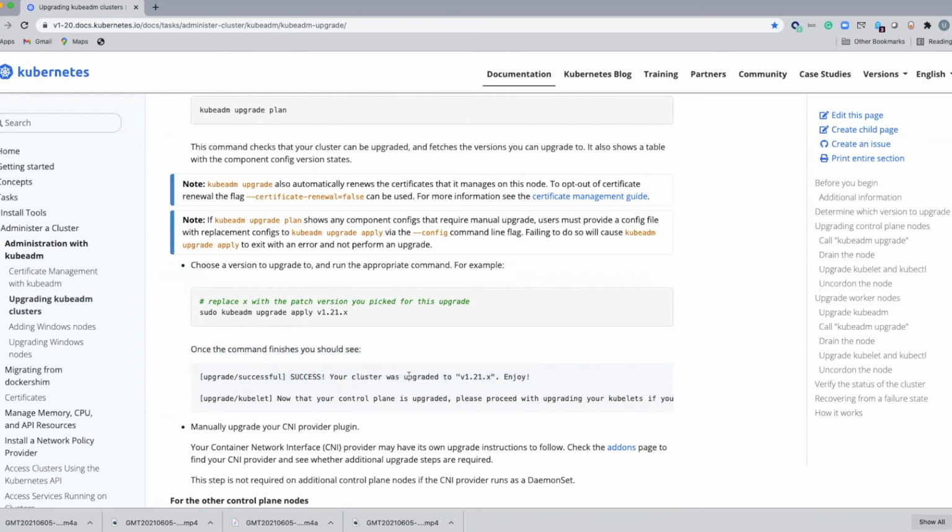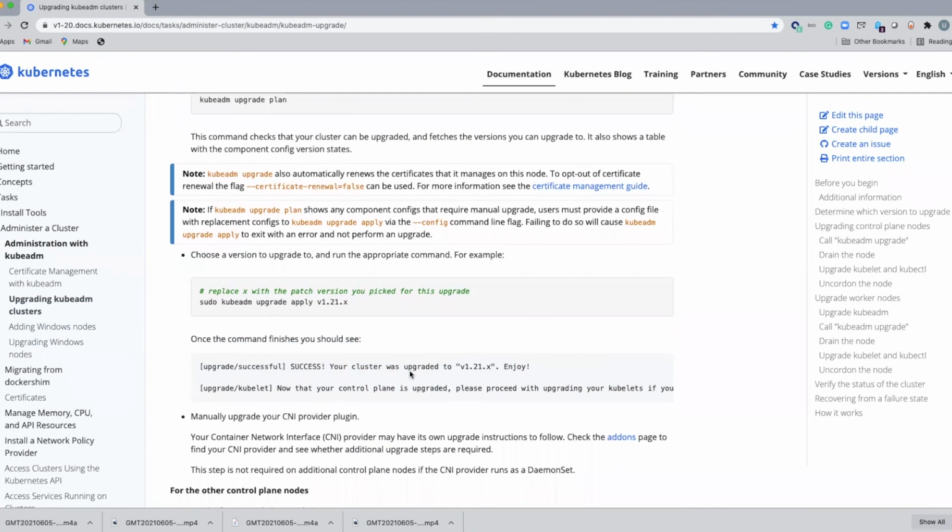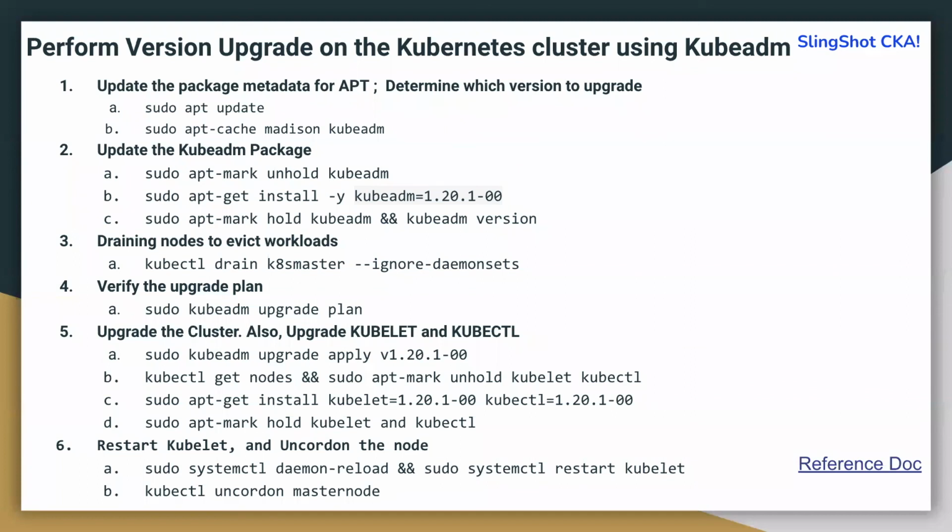So without further ado, let's go ahead and perform the upgrade process in our system, and that will give you a reference for